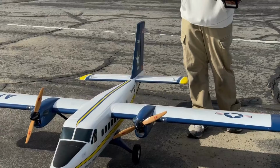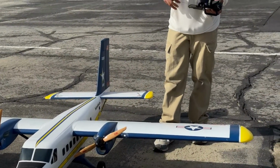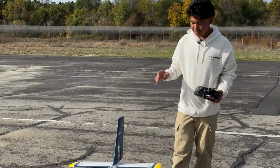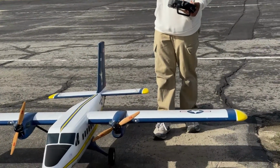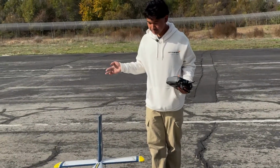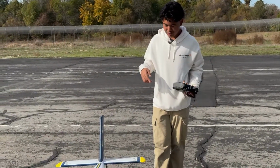it's a really unique airframe, the Twin Otter. I've flown 3 Twin Otters now, the UMX one, the E-Fly one, and now this one. And I think this one flies the most unique. When you throw it into a spin, it was a little overwhelming for me. I wasn't expecting what it was going to do, but it kind of just did a little tumble, and it